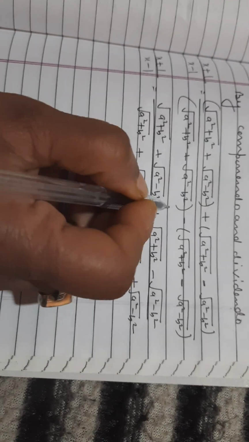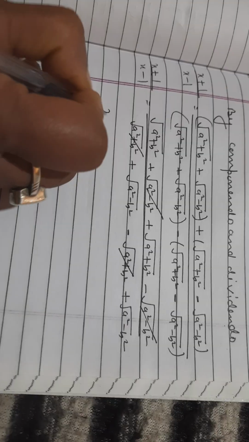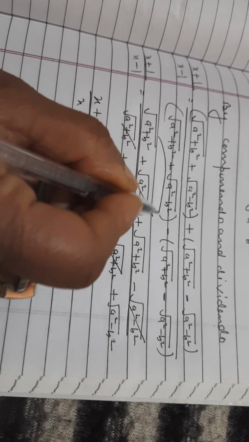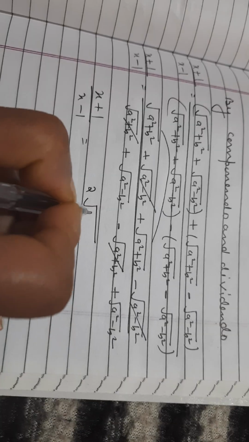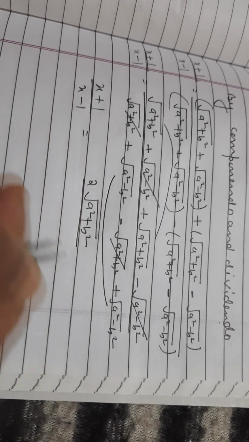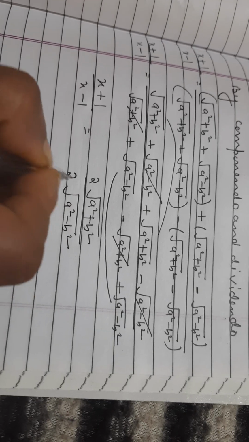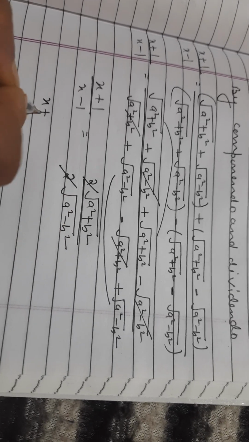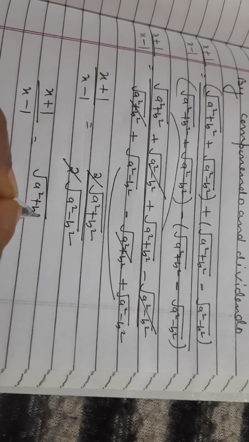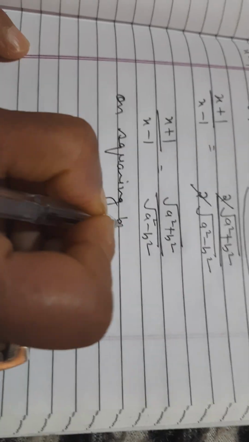Now these two terms will cancel out from the numerator and these two terms will cancel out from the denominator. Now I am left with x plus 1 upon x minus 1 is equal to, these are like terms, twice of square root of a square plus b square upon, these are like terms, right? Twice of square root of a square minus b square. This 2 cancels this 2, and x plus 1 upon x minus 1 is equal to square root of a square plus b square upon square root of a square minus b square. Now on squaring both sides,